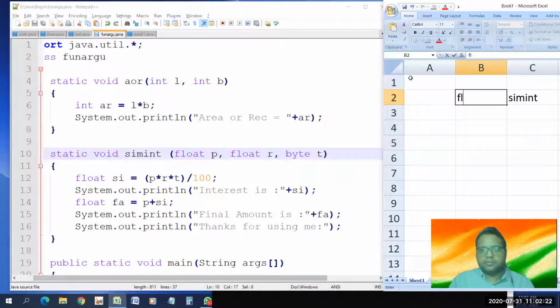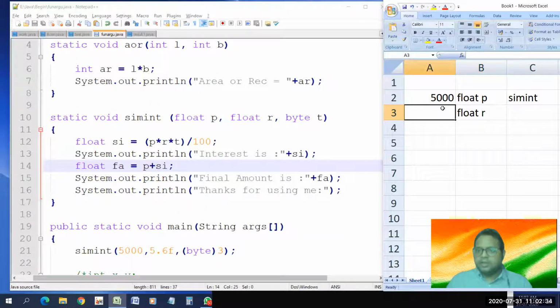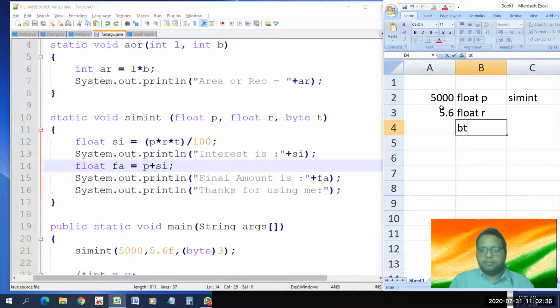Float p is created, whose value is given 5000. Then float r is created, whose value is passed. Look, 5.6. And then byte time is created, and its value is 3. Now what?